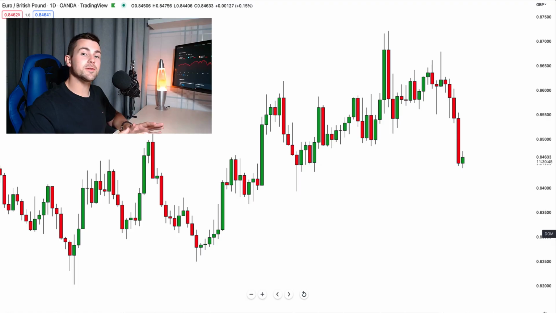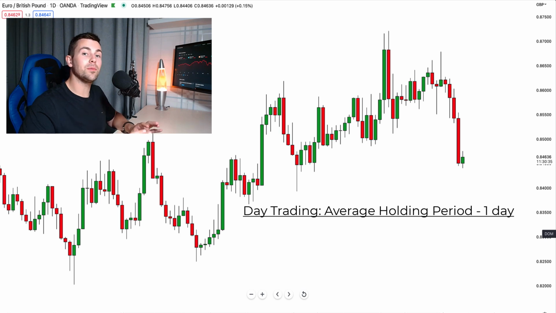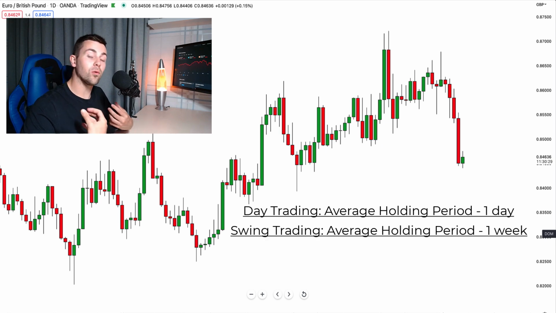First of all, traders, let's compare swing trading with intraday and day trading. And the main difference is the average holding period. Being an intraday trader, your average holding period is just one single day, while being a swing trader, you can hold your trading positions for weeks, right? And for that reason,